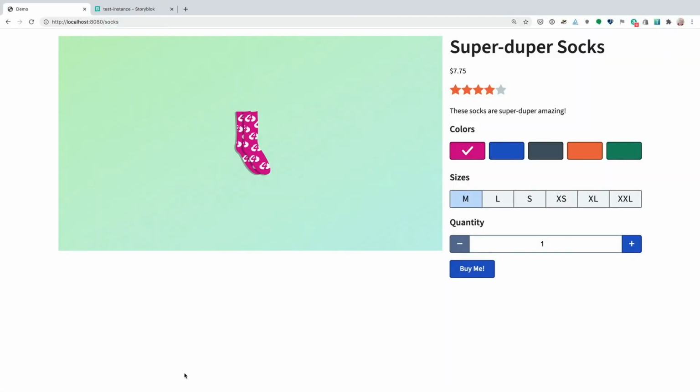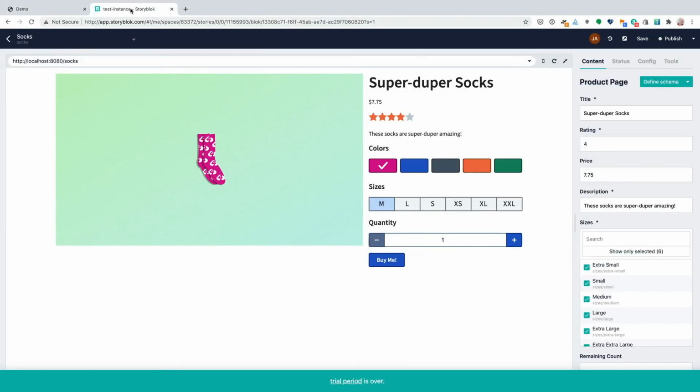In order to make Storyblok work, we had to create a server where we would serve up the pages that the CMS was editing. So we built an Express server and a series of web pages that consume the Storyblok headless API. You can see an example of this. This is the socks page. And if we look at it inside of the Storyblok CMS, we can see that it's actually editing that same URL, and we can see the same page as here.